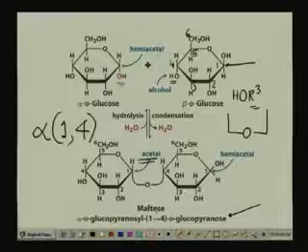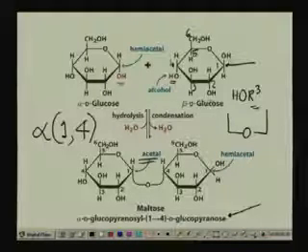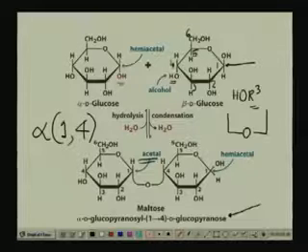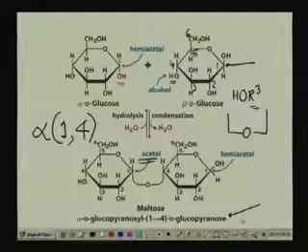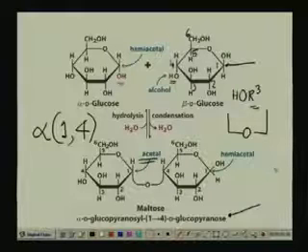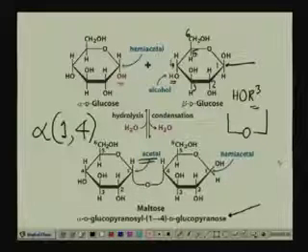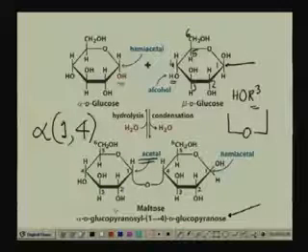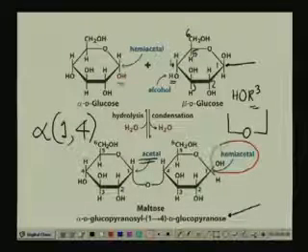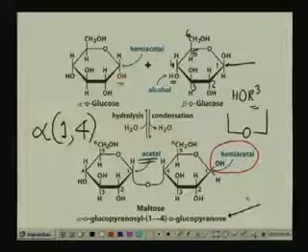Okay? So, we have alpha D glucose linked with beta D glucose. In this case, it is beta because it is a cis, but that has nothing to do with the linkage that we are concerned with here. When this is going to react with the next R3OH or next ROH, what is the linkage going to be? It is going to be a beta linkage, because the OH in this case of the hemiacetal is up. So, the linkage is going to be something like this,